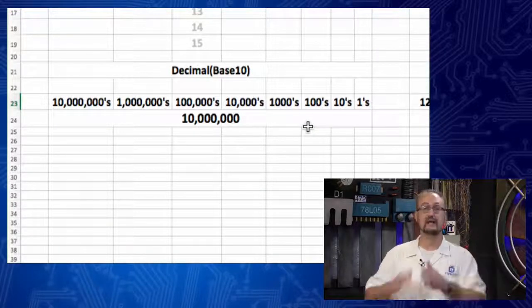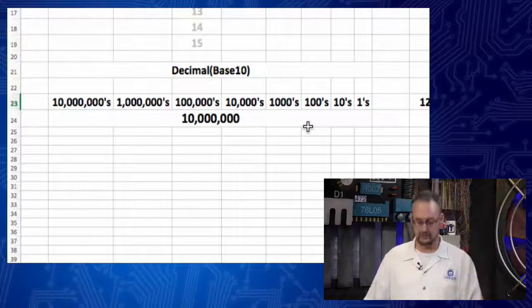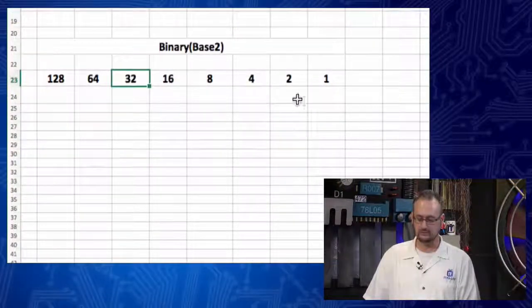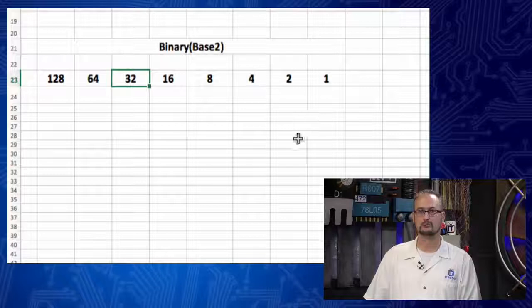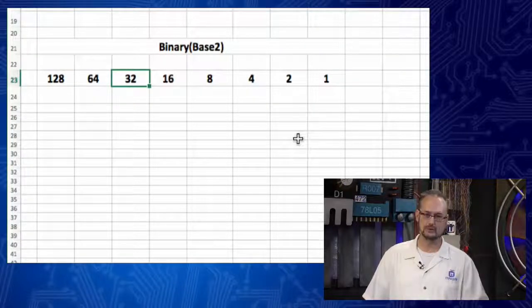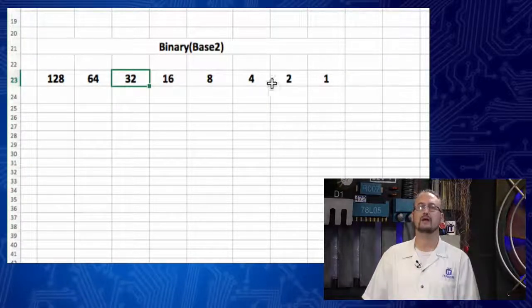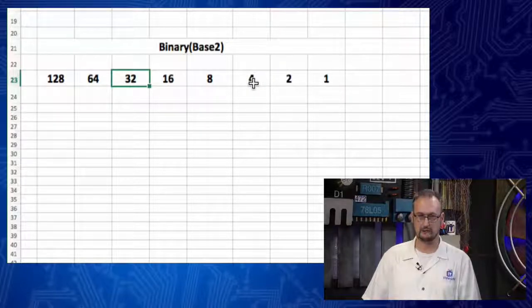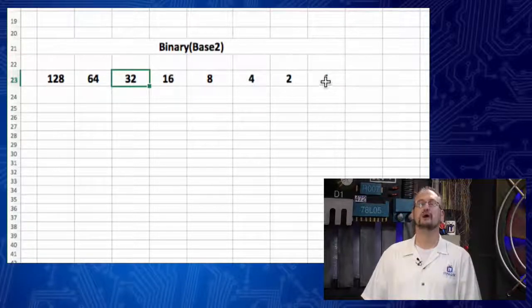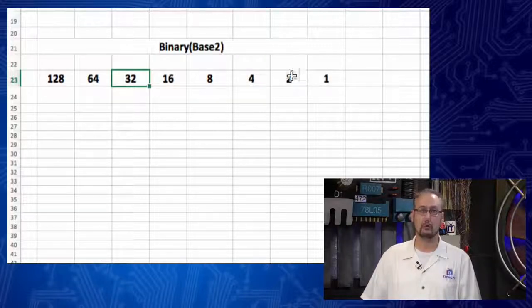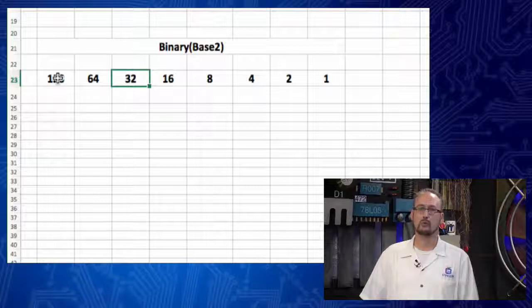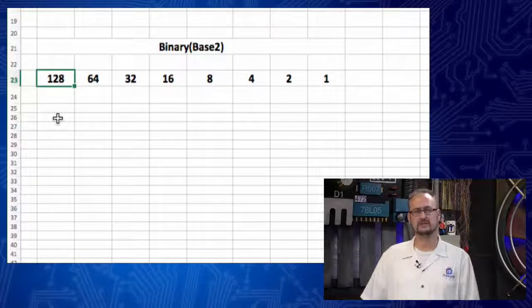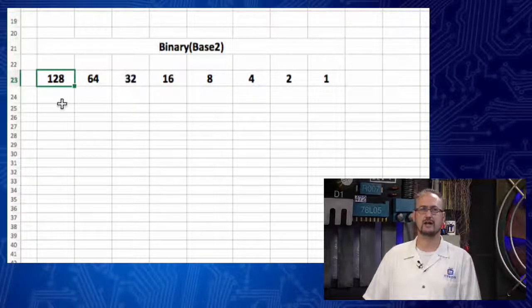In this case, we get 8 place values long. When you do this in binary, anything to the power of 0 is going to be 1. And then, I'm sorry, 2 to the power of 0, 2 to the power of 1, and then we keep going all the way over to 128. Now, the reason we're doing this is because I want you to understand this.